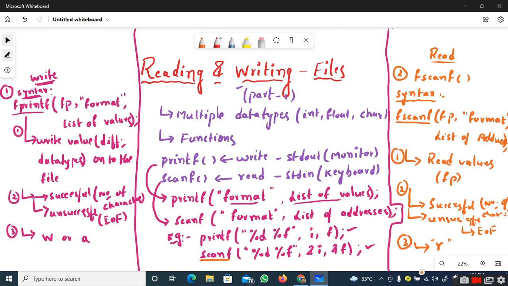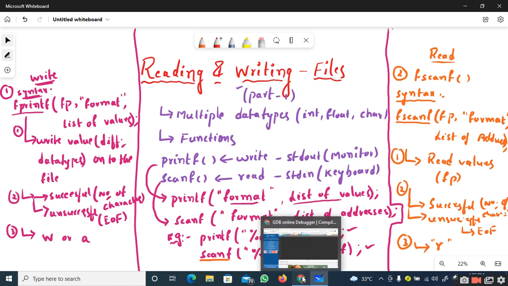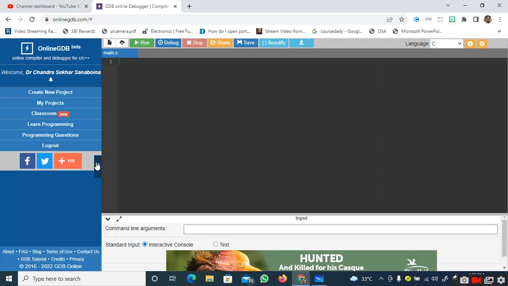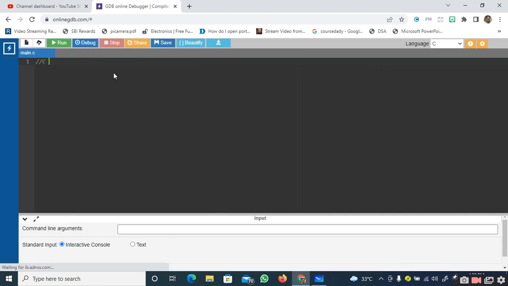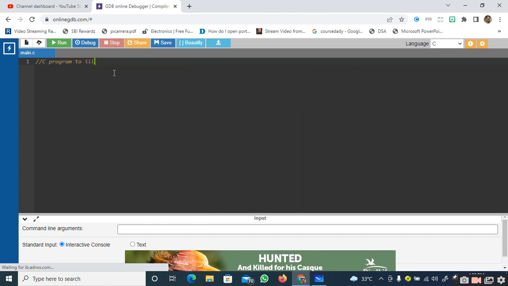We'll just discuss a program of how this fscanf and fprintf will work. Let me go to the online compiler. So this is a C program to illustrate the concept of fprintf.